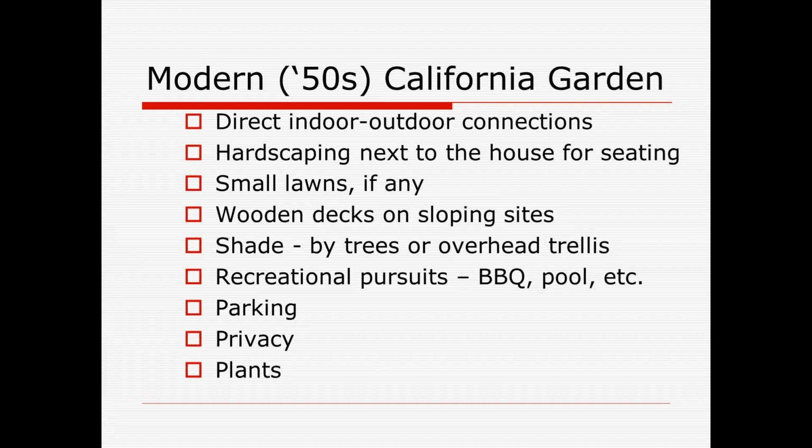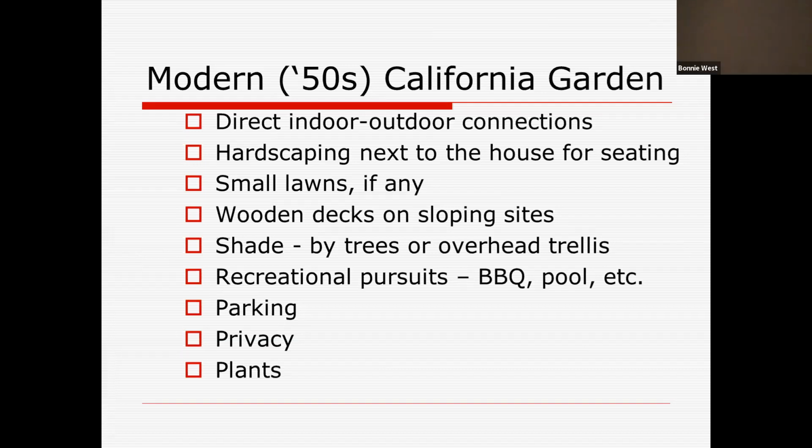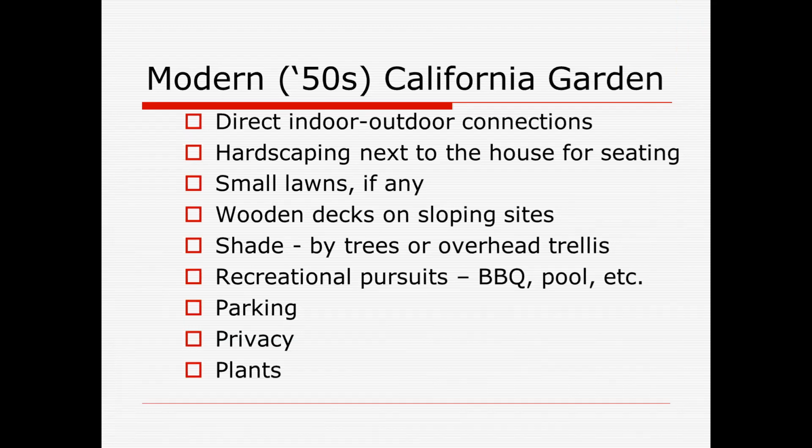Shade is provided by trees or overhead trusses, quite important in our California climate. It incorporates recreational pursuits. Whatever it is that you want to do in your yard has to be in your yard, obviously. A barbecue or a kitchen, a swimming pool, a hot tub, they all can be put down as goals. You might not get them right away, but they're a goal. They really stress parking, being basically suburban type gardens. Parking is important, privacy, and then last on the list are plants. So even though we will be talking about native plants later in the talk,